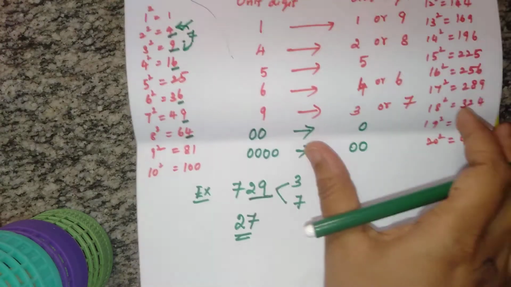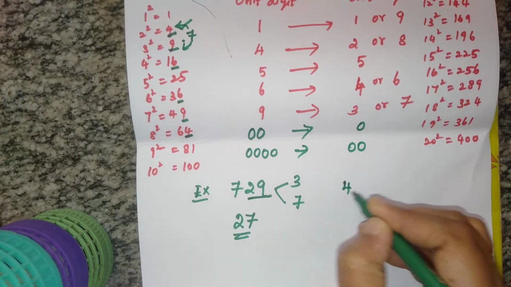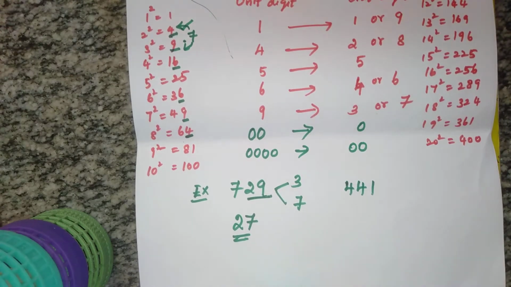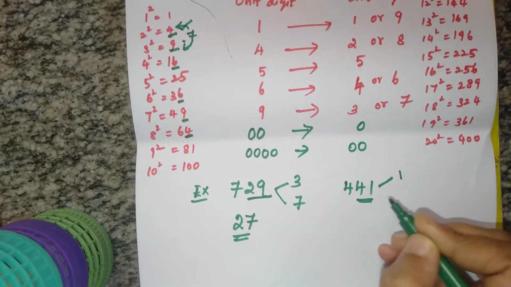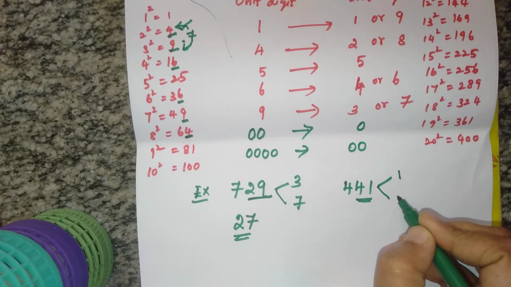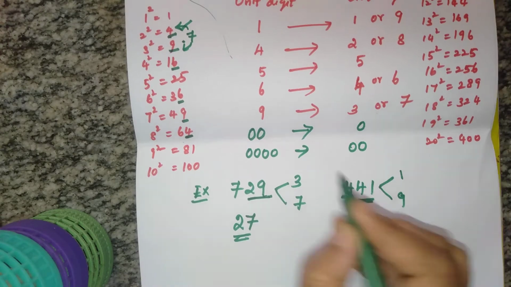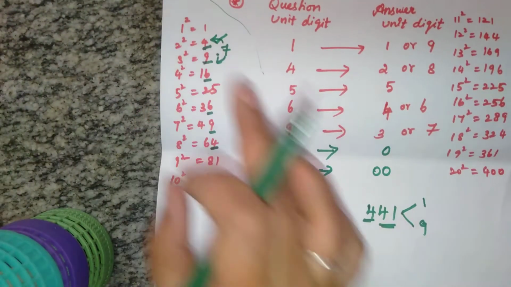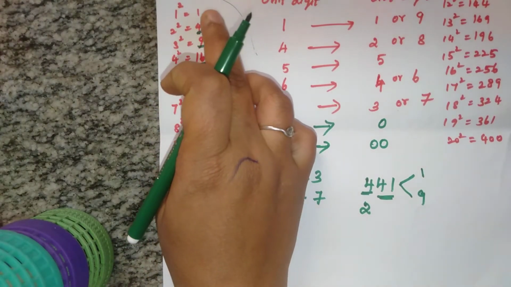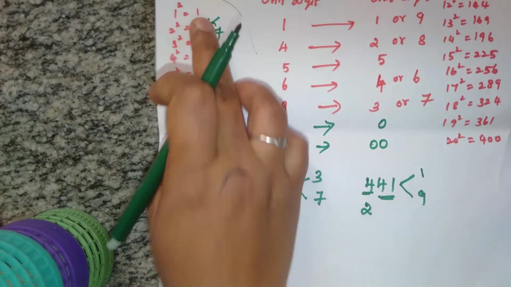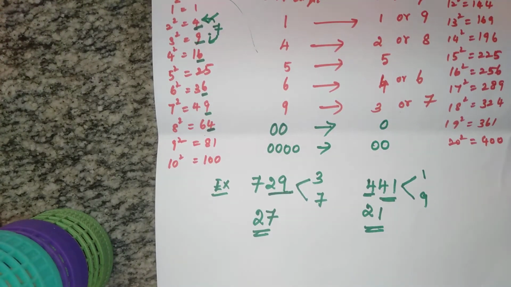Is it clear? Next, another example. I take 441. If you take the unit digit, 1 has the possibilities 1 and 9, since 9 nines are 81. Now we take 4. 4 is an exact square number. 2 twos are 4. So you can write 2. Here 2 is near, the upper value. So what is the upper value? 1. So the square root of 441 is 21.